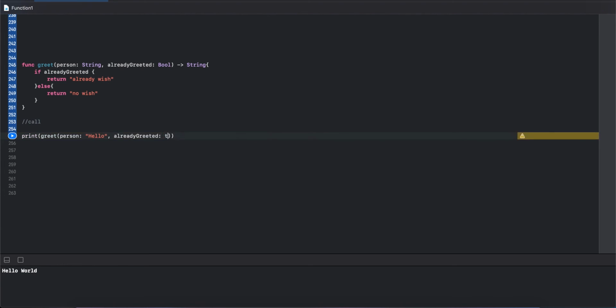If we pass false, the "no wish" statement executes.